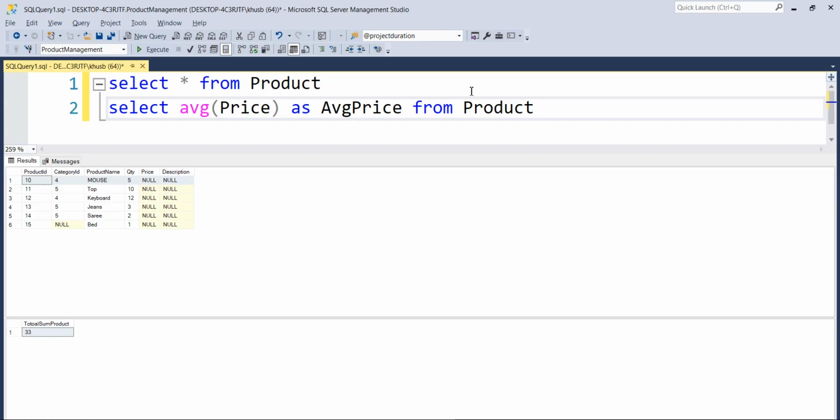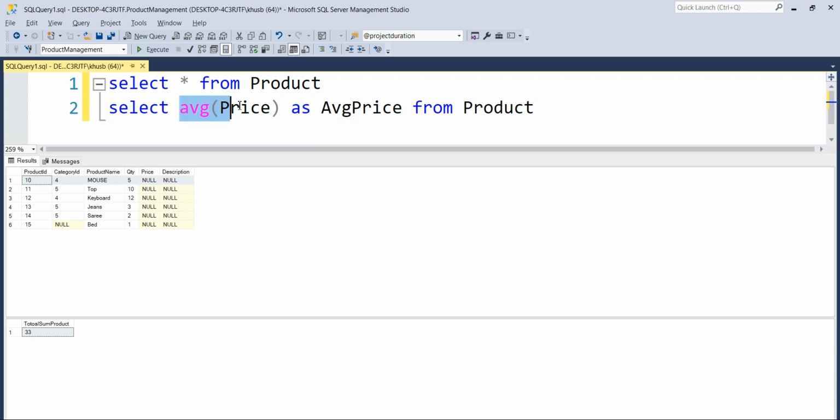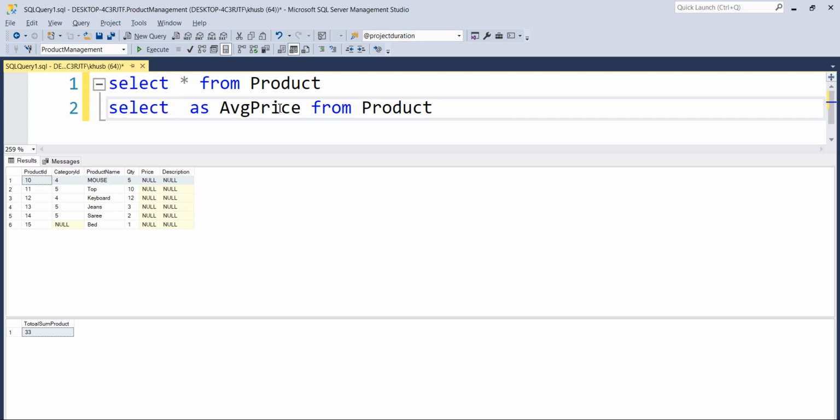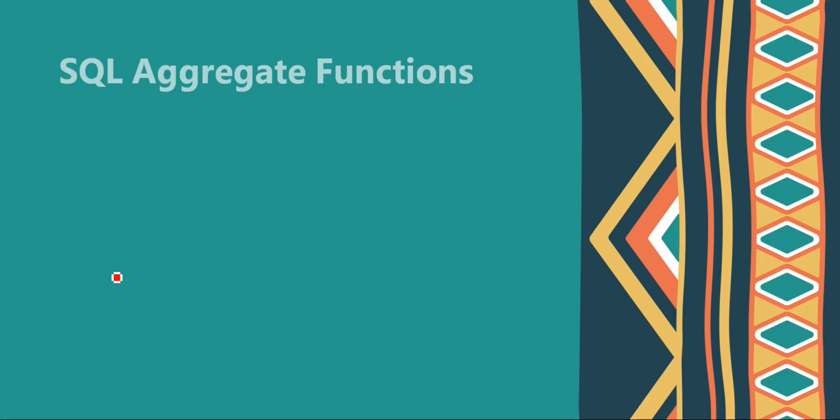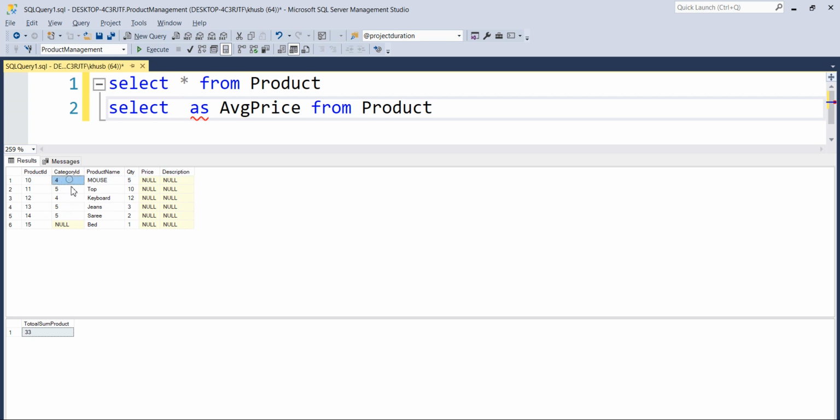And again, one more thing, I can also specify a where clause here. Let's say I want the product count, or the quantity of products, of only category ID 4. I am running an e-commerce site, and let's say e-commerce has some dress materials, some electronics, gadgets, right? So I want to know how many products I have in the electronics section. So obviously I need to specify a where clause. Let's say category ID 4 is basically for those electronics.